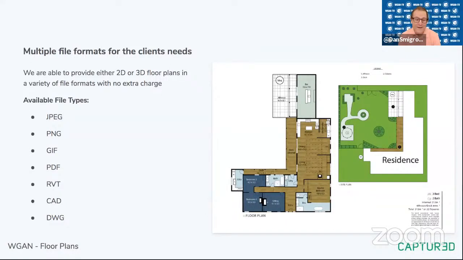I'm thinking in terms of the MLS systems having in the United States, the multiple listing services having different sizes for photography. And therefore, I may want to treat a floor plan as a photo and just import it into the MLS, treated like yet another photo. So I want it to be sized accordingly.